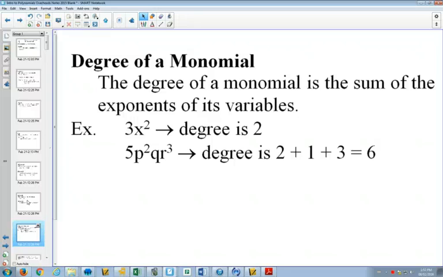So I'm going to put up some examples. You tell me what the degrees are of